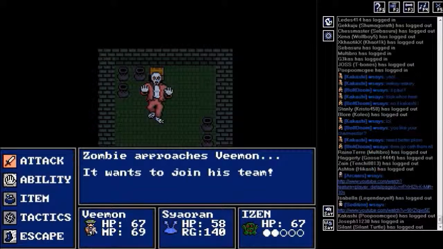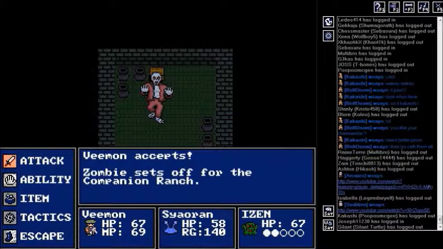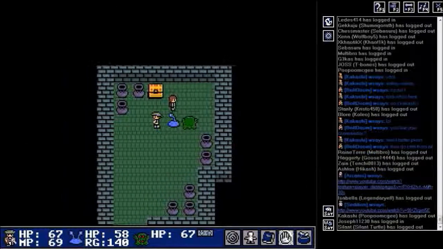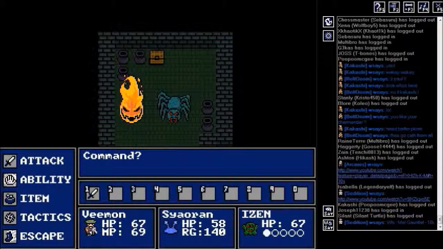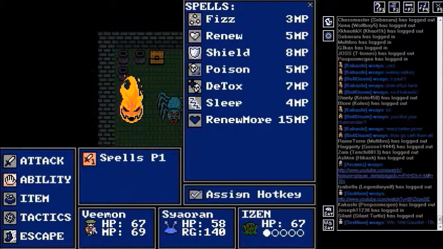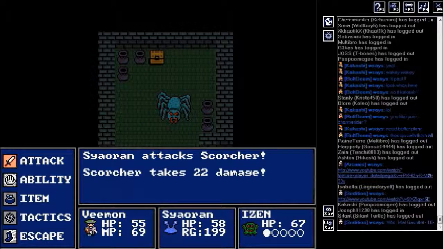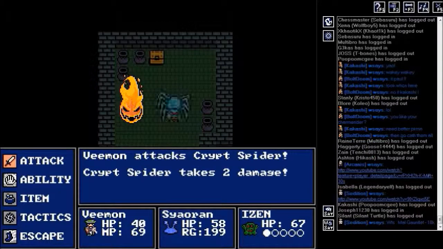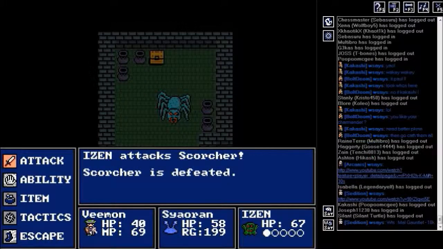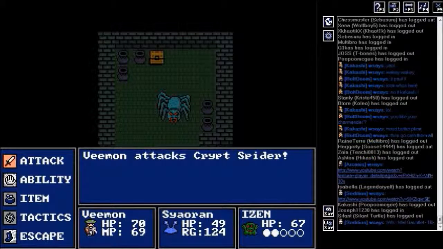Zombie approaches me. Okay. I wonder if there's a limit to how many of these I can have. Because I've been accepting all the new ones I've been having. I don't know. I guess if I have a limit, it'll tell me eventually. I know a Scorcher you could probably get as a companion, because I'm pretty sure I've seen people have them. I think I've seen the red ones, and I've seen like grayish ones. And I think that was at the tournament that I saw them. Don't know about crypt spiders. I guess they'd be good for poisoning, but other than that...